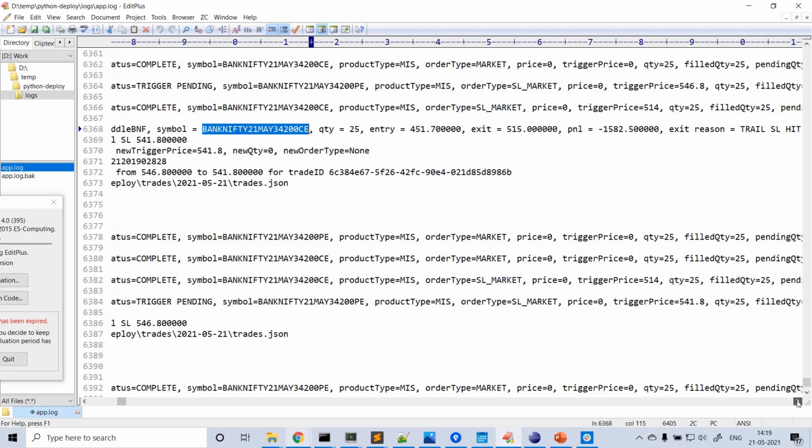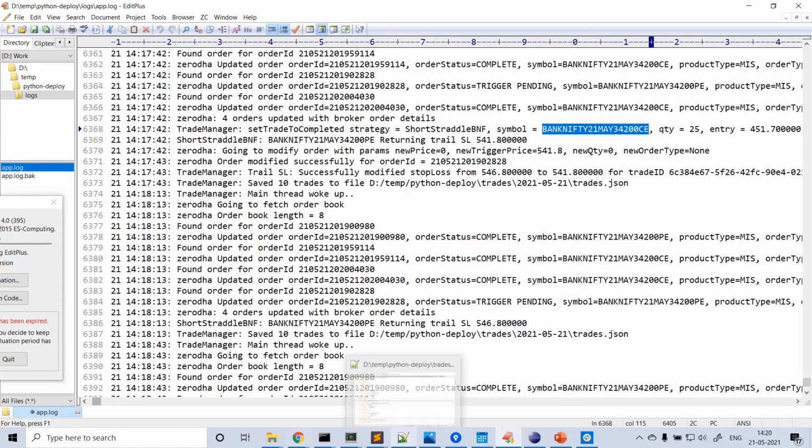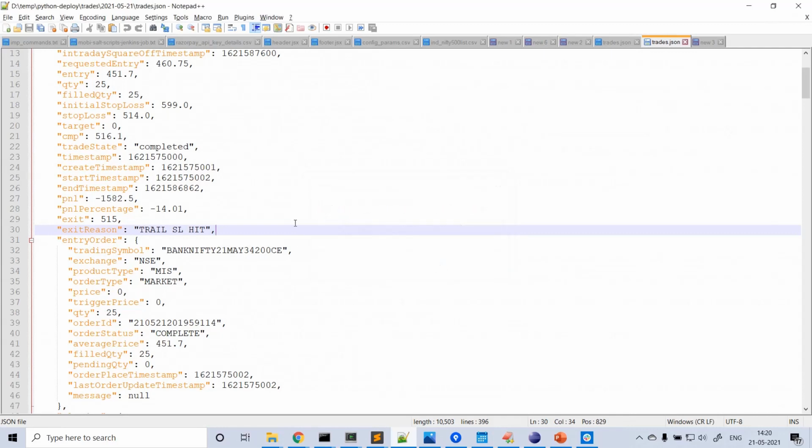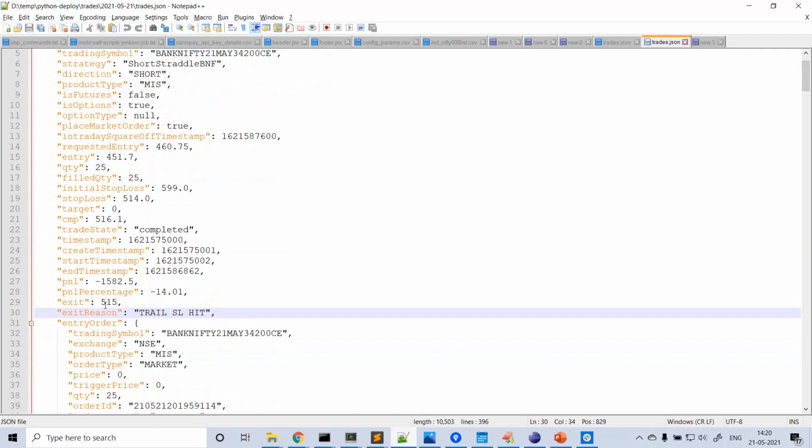And the most important thing here is that the exit reason is trail SL. In the previous video I explained that instead of SL hit, we update with trail SL hit in case the SL is modified at least once, correct? You can look at the same details in trades.json, refresh. This is the CE symbol, and the exit reason is trail SL hit.